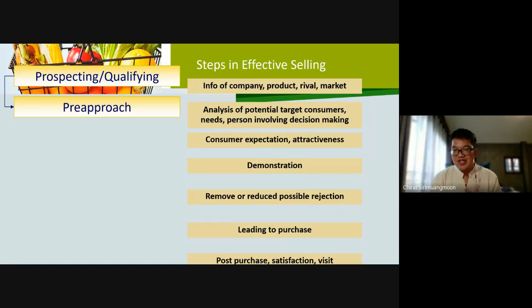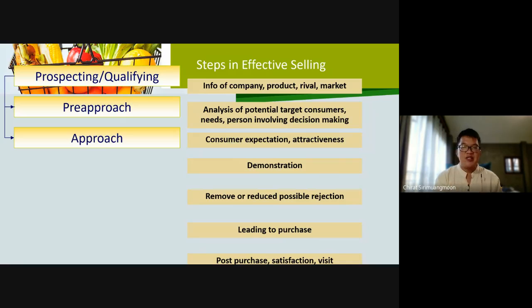So you should be concerned about the needs of the consumers or the person who has some influence on making decisions in the company or in general. Then approach. Make sure that you use the salesperson with the good result because you need to meet consumer expectations and try to make attractiveness from the salesperson, because if you can do it your company will have the profit, because people are going to try to be the person who buys your product more, or create loyalty.